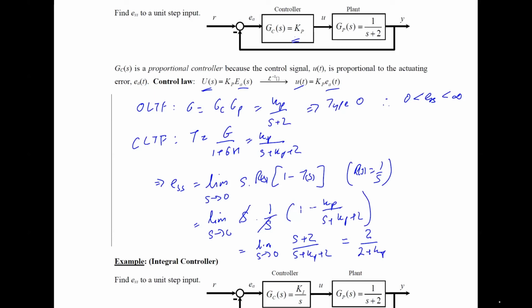So we can see that for this kind of a system, if you're trying to adjust a knob for the proportional gain and we want better tracking, then if we increase the proportional gain, we end up getting a lower steady state error. So for this kind of a system, as Kp increases, steady state error decreases. It will not go down to 0, but if we are happy with having a low enough steady state error,